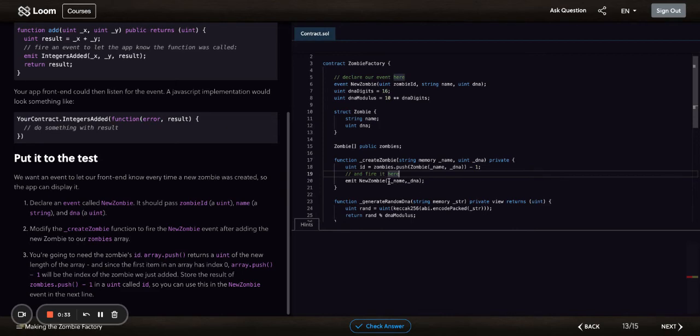And if that's the case, then we can just put that in here. So this is going to push to the array, but it also returns the length of the array. So we know if the length of the array is 50, it's going to return 50. And if we're starting at 0, then we want to do a minus 1. So it would be the 49th. So if that's the case,